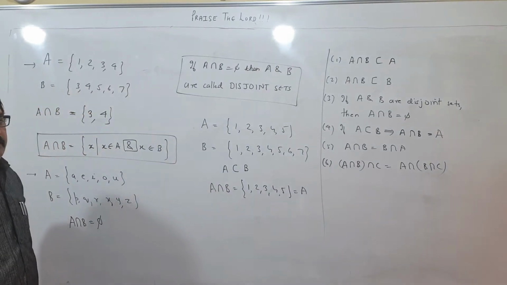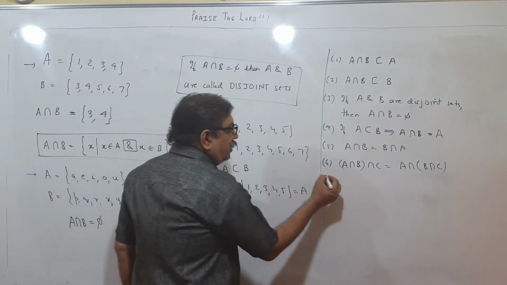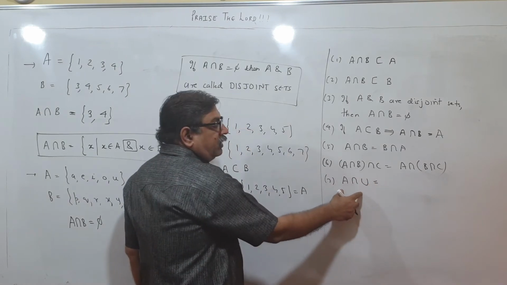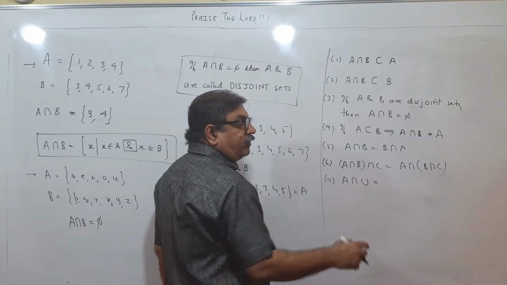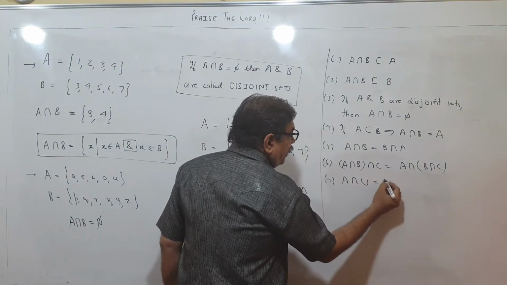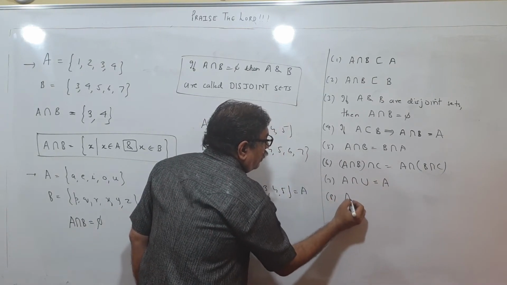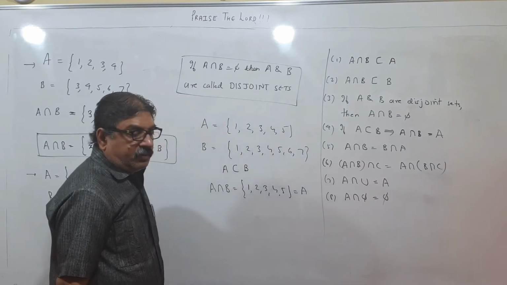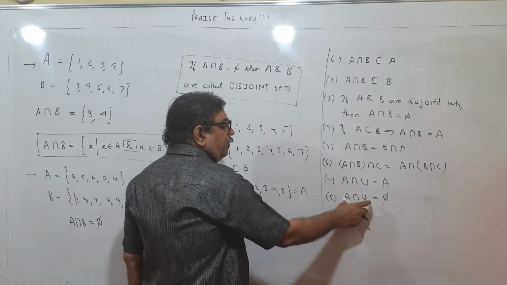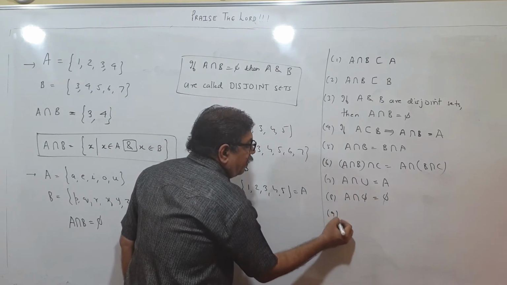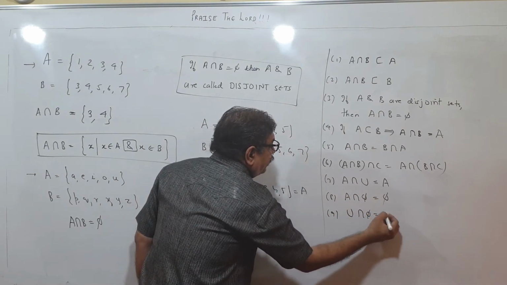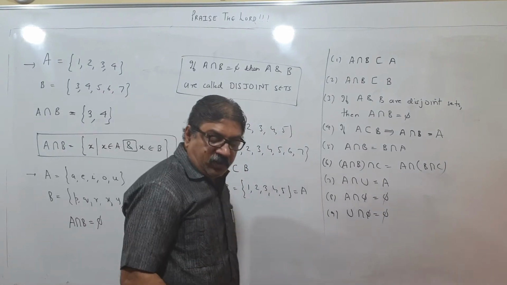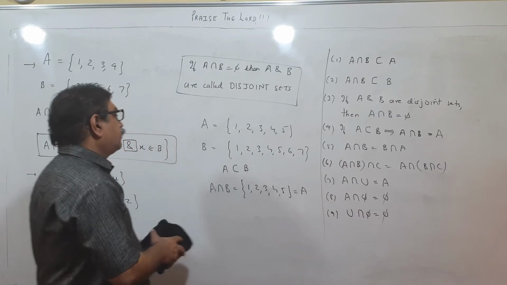So these points we can see about intersection. And then finally, A intersection universal set. Naturally this will be smaller. Universal set is the biggest set, so this will be A. A intersection null set, because this will be smaller. A may be having some elements, so this will be definitely smaller, so null set. And U intersection null set, again it will be null set. Please pause and copy, children, intersection of two sets.